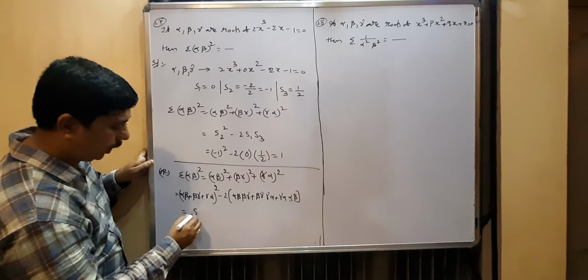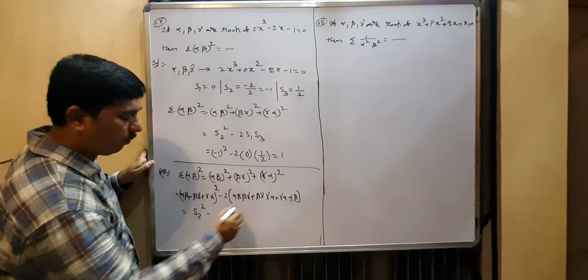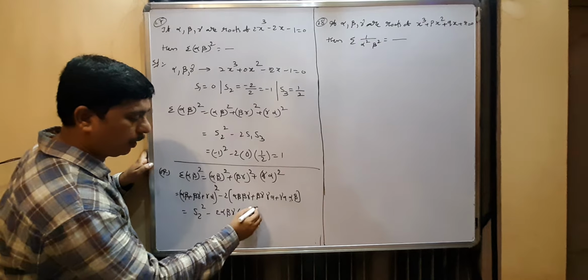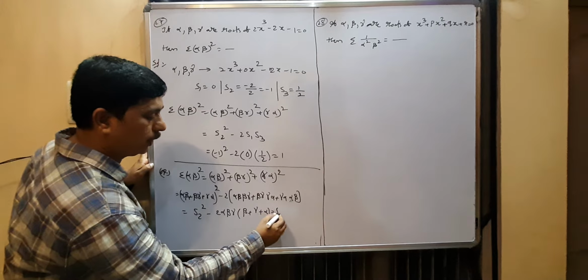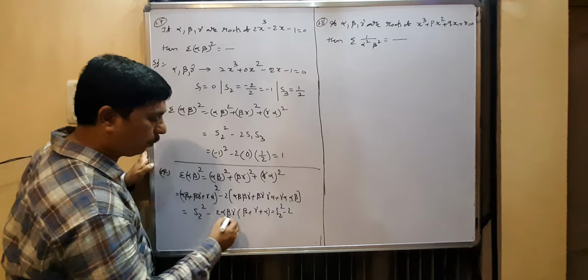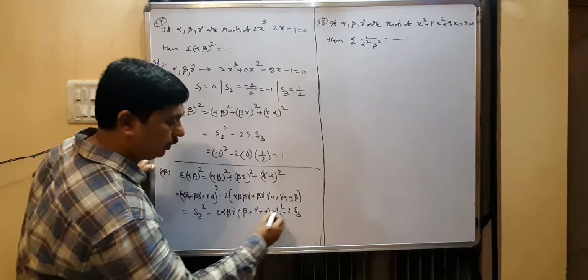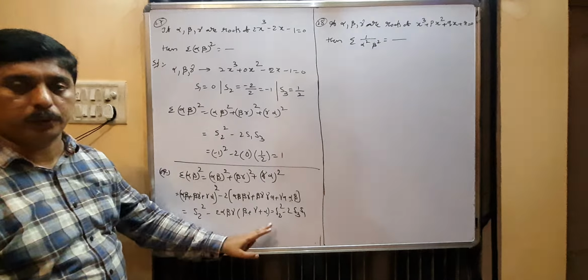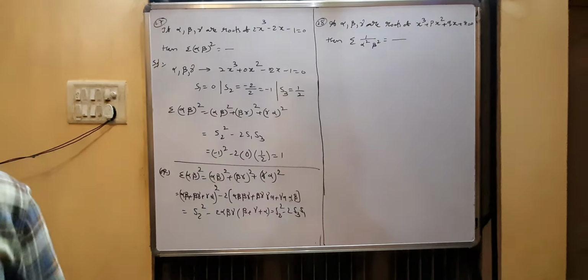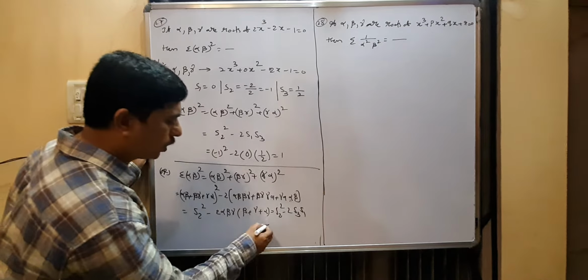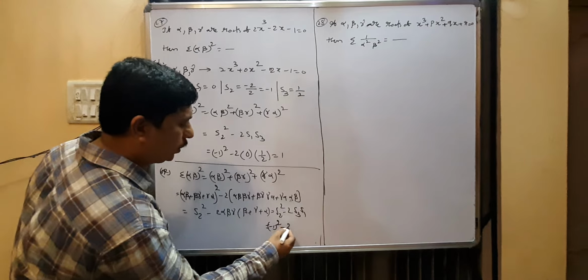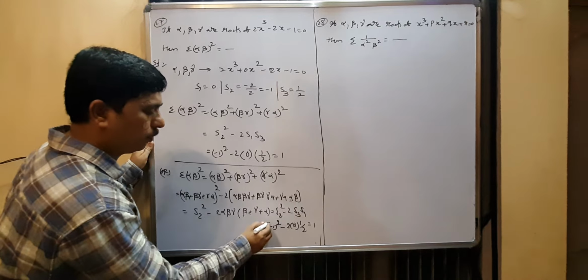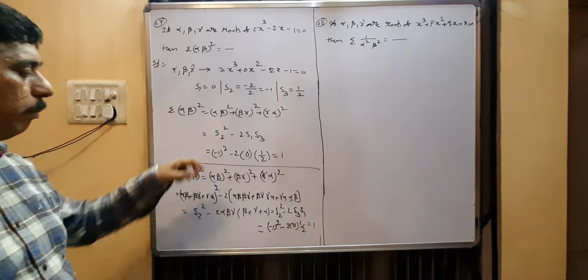So this is the S2 square. From this, taking alpha beta gamma common, the remaining is beta plus gamma plus alpha, that is S2 square minus 2 alpha beta gamma, that is S3, into this S1. Same formula. If you want the proof of the formula, this is the procedure. Substitute the values, that is minus 1 whole square minus 2 into 0 into 1 by 2, that is the answer 1. If you do not remember the formula, you can go by the procedure.